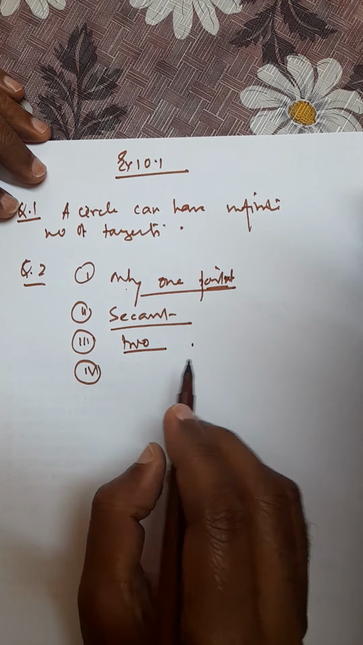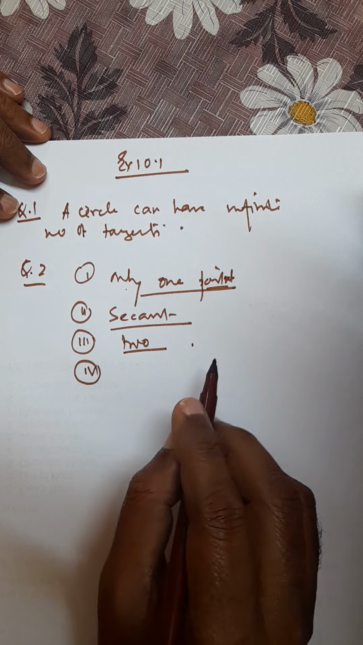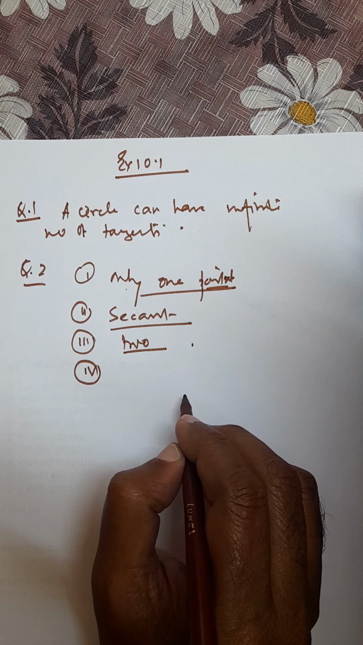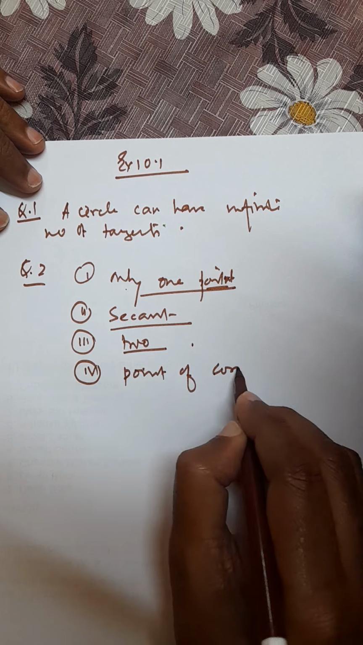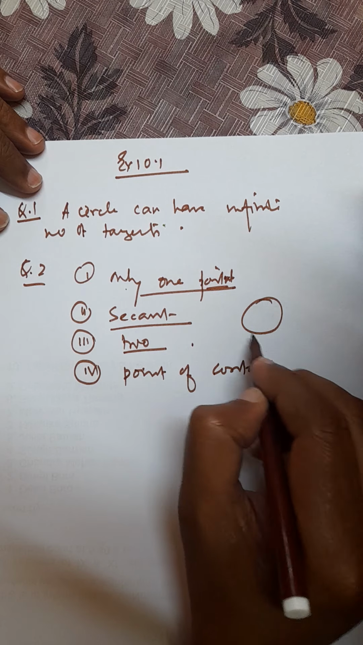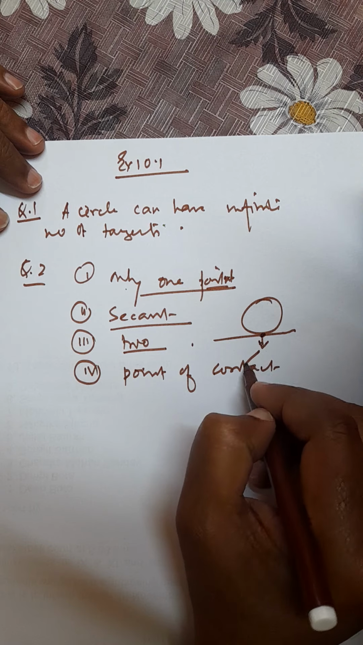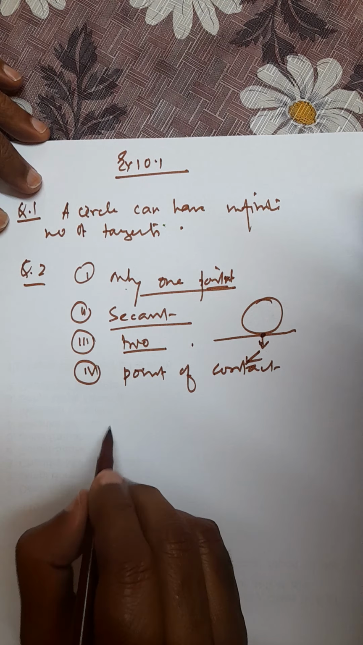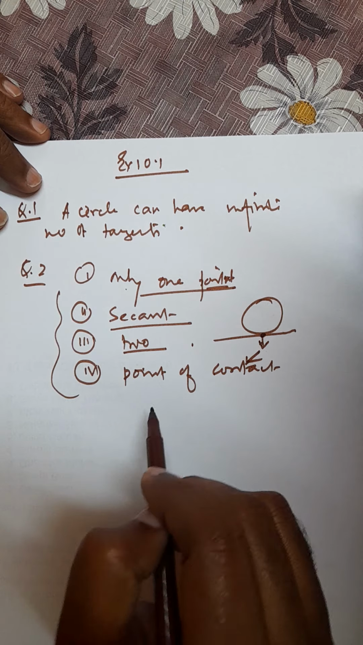Number 4, what is number 4? The common point of tangent to a circle and the circle is called point of contact. This is a circle, this is a tangent. Which is the common point? This is the common point. This is called point of contact. Okay. So these are the things